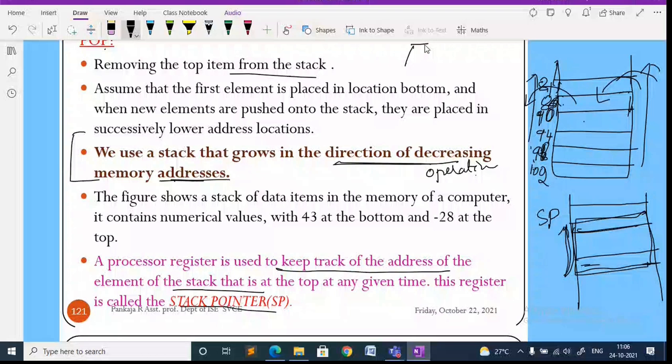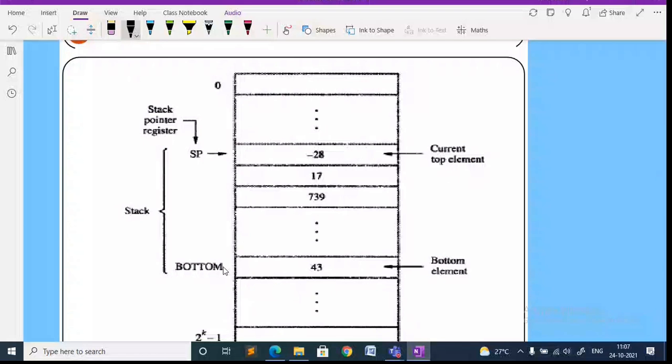Okay, so here there is a diagram that shows how push and pop operations take place. If this is the size of the stack, consider this is some particular address 2000. I have defined this part of the memory as used for the stack. This is the bottom, the first element of the stack, which we call the bottom element.